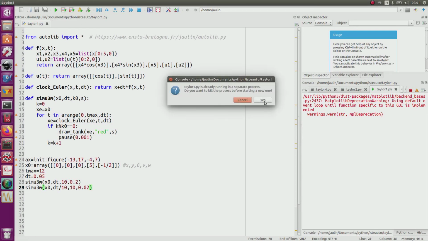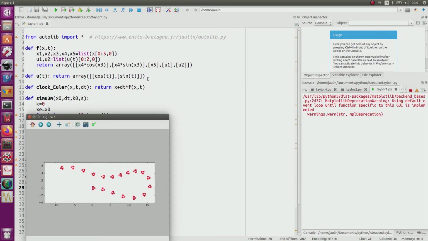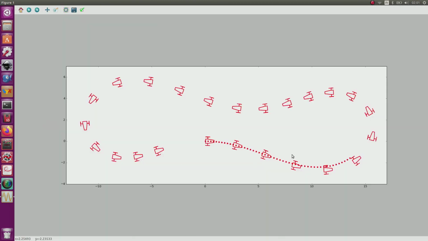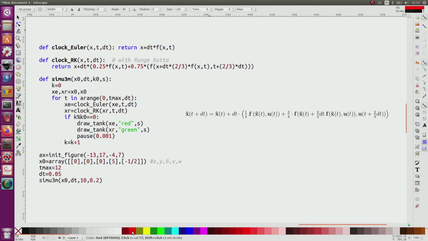I run it, and I see that there are some differences, and probably when the dt is smaller, I am more accurate. So this is why I see some differences, which tell me that the Euler integration scheme is not accurate. The Runge Kutta integration scheme is given here,